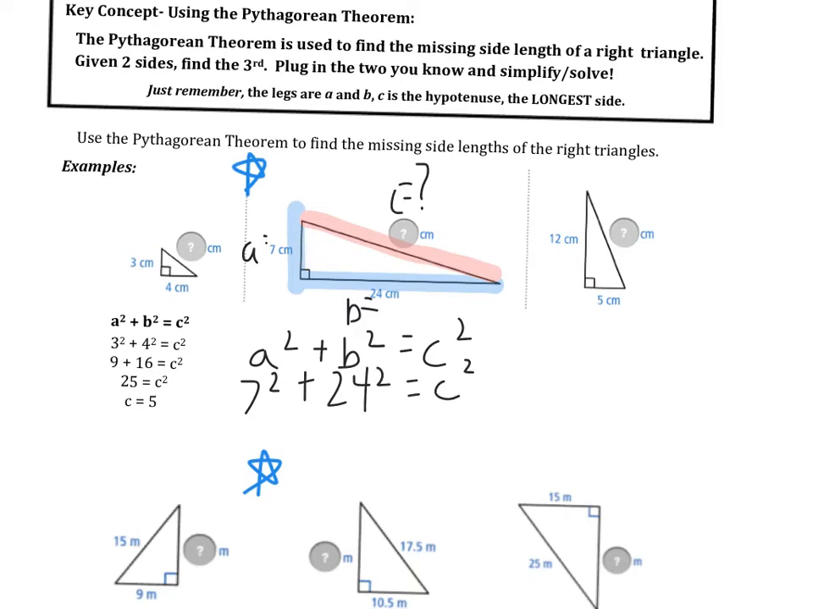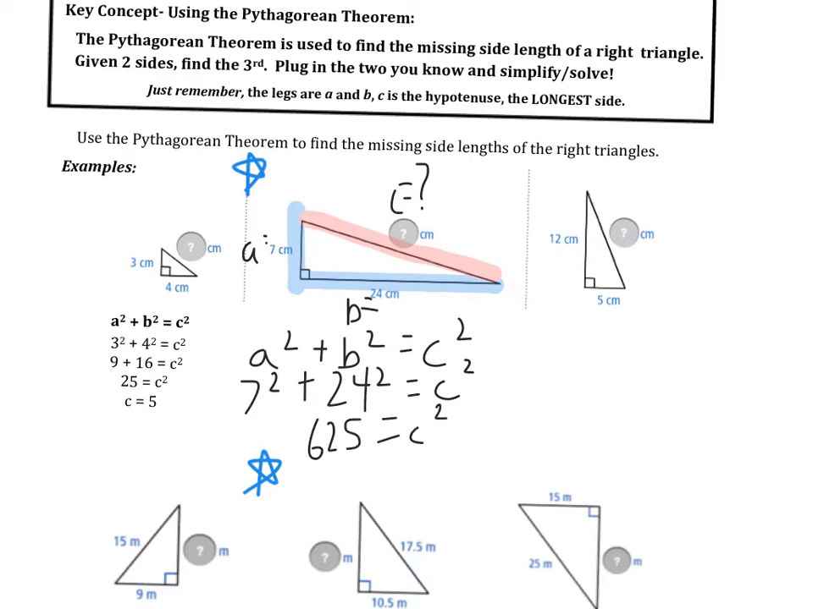Hopefully you have one. And you're going to type in 7 squared, so 7, and then the x squared button. If you're using a phone, you have to hold it sideways to find the squared button, but hopefully you have a TI-30. 7 squared plus 24 squared. I type that in my calculator. I get 625